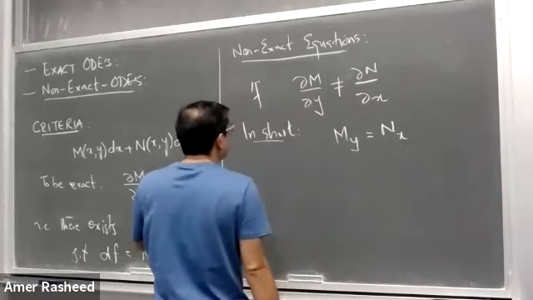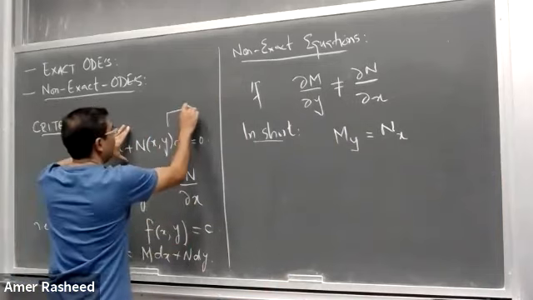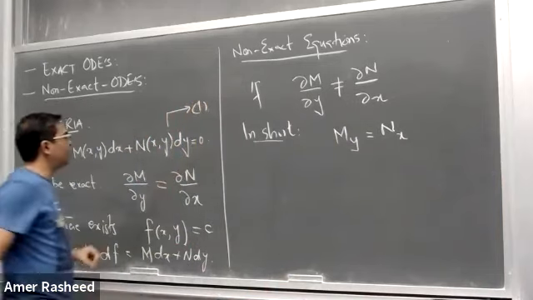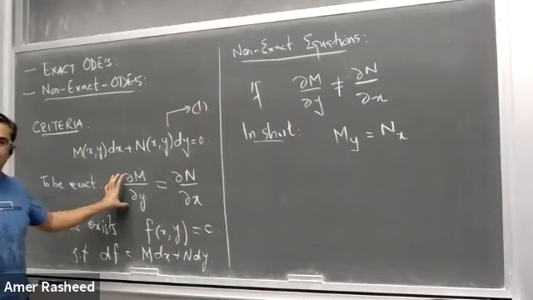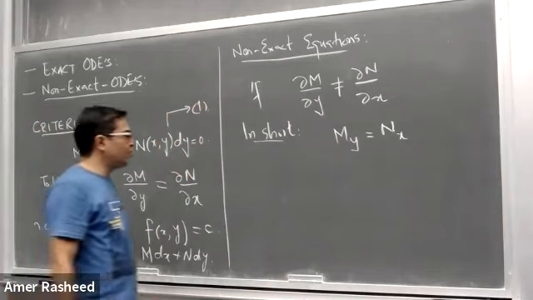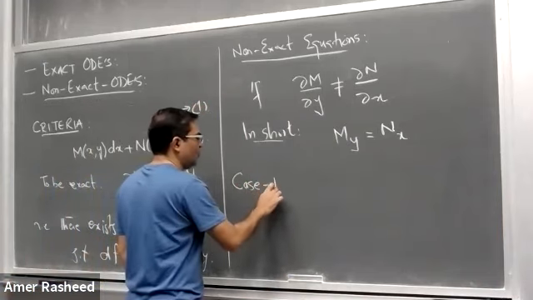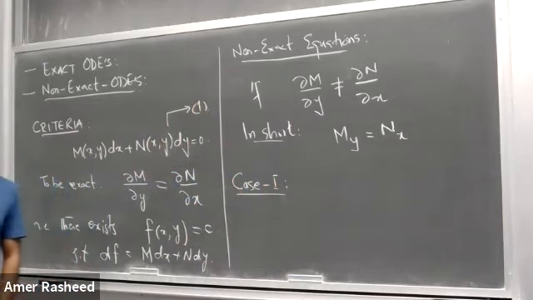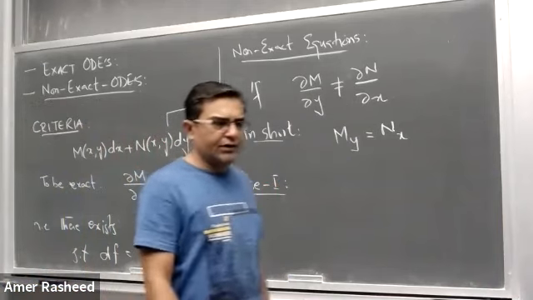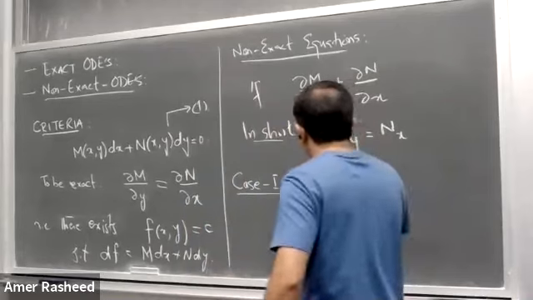Now, if the first order differential equation, this one, equation one, is not exact, that is, it doesn't satisfy this criteria, then what do we check? Then we have different cases, but we are going to discuss here two cases. There are more, but in this book, only two cases have been discussed. The case one is